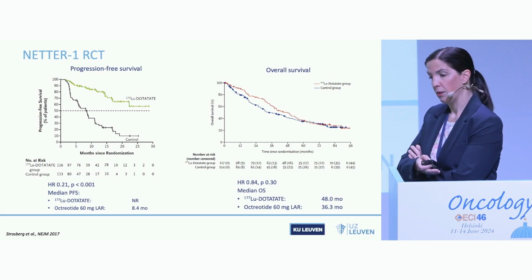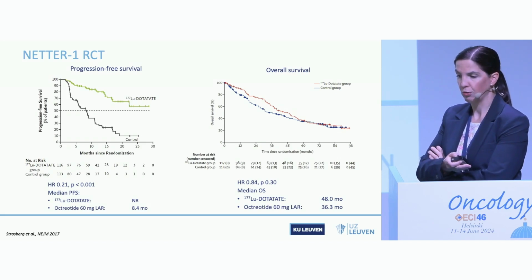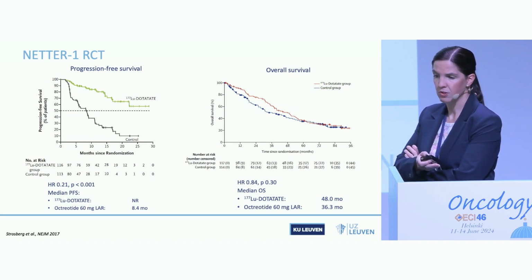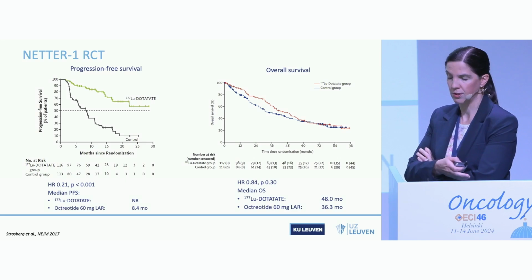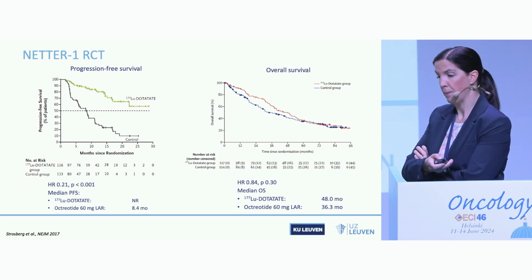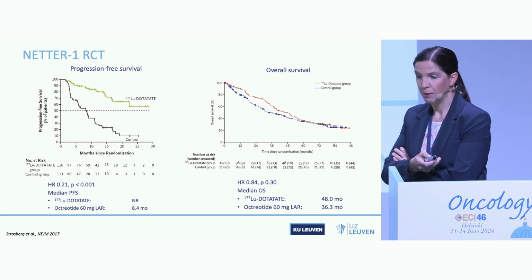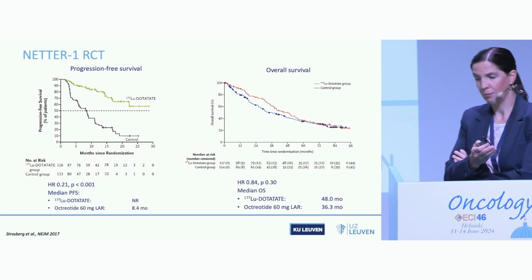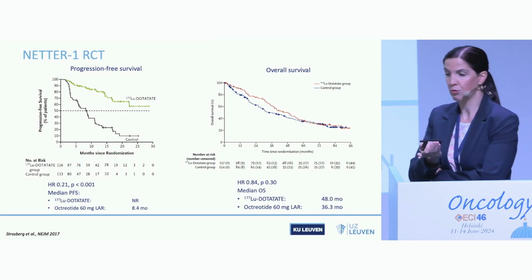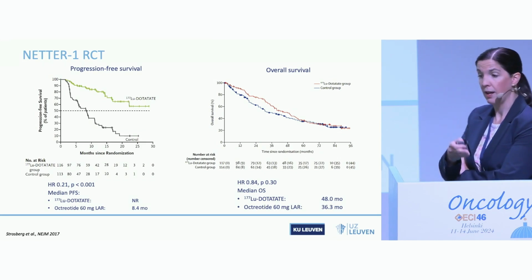This trial was not able to show a significant overall survival benefit, although there was a clear difference in the overall survival, with 36 months in the control arm and 48 months in the radionuclide therapy arm. And also here, there are many patients in the control arm that crossed over to the active arm and received lutetium dotatate treatment after the